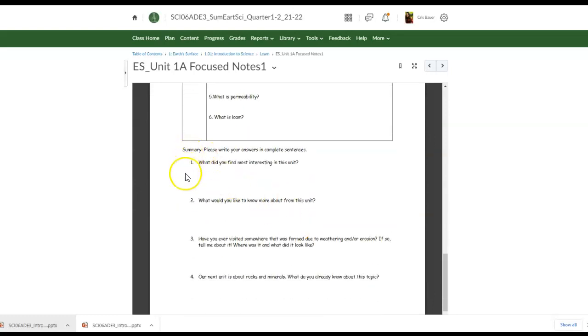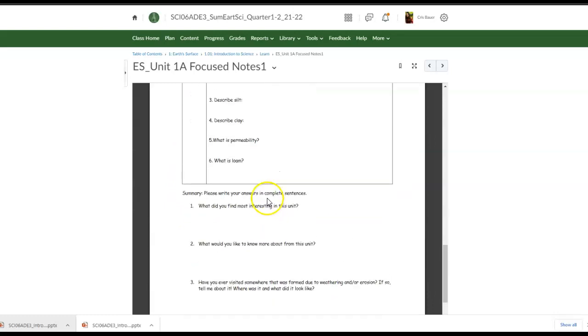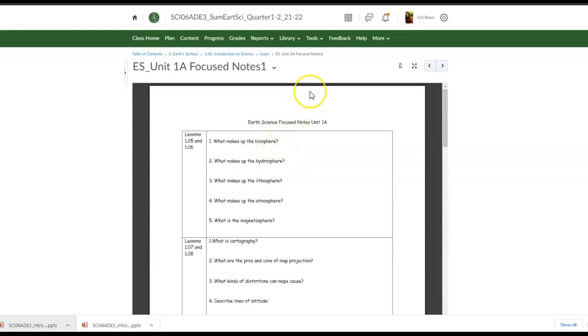At the end, there is a place to summarize your learning, so make sure you answer that in complete sentences. And then when you are all finished, you will have a couple of places you can turn in your notes. One of them will be, I'll go back out here